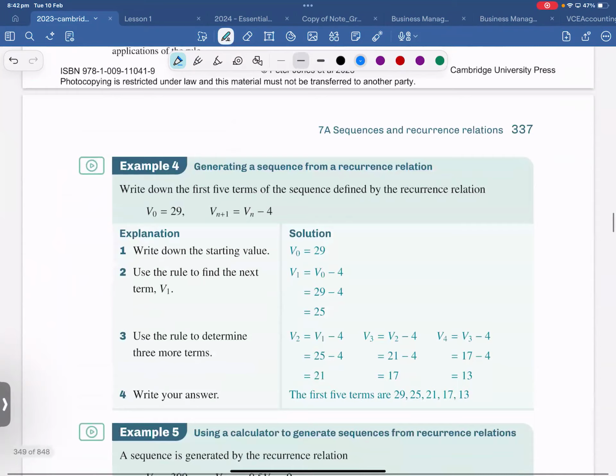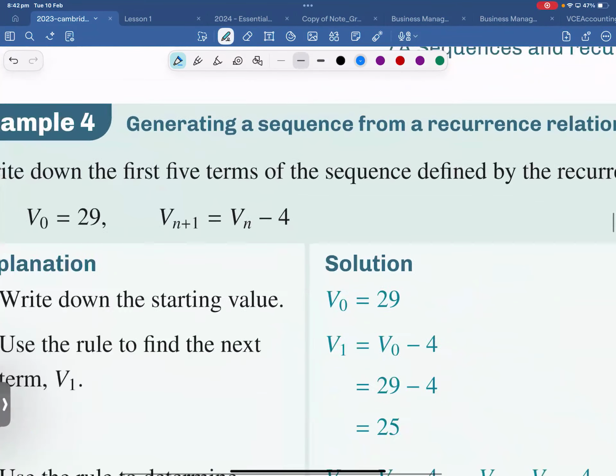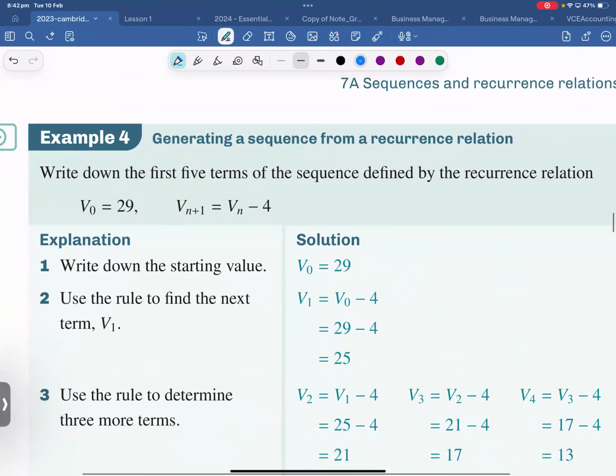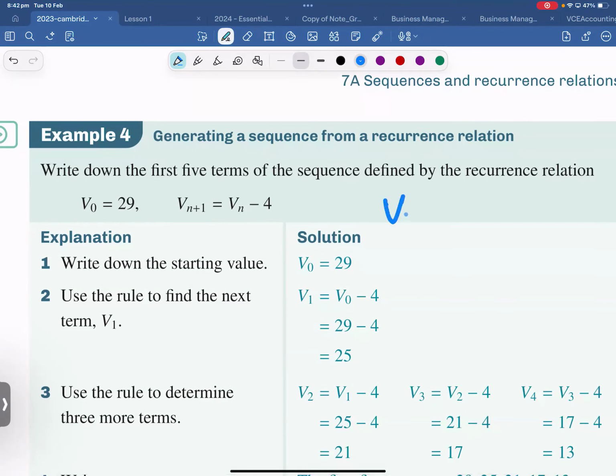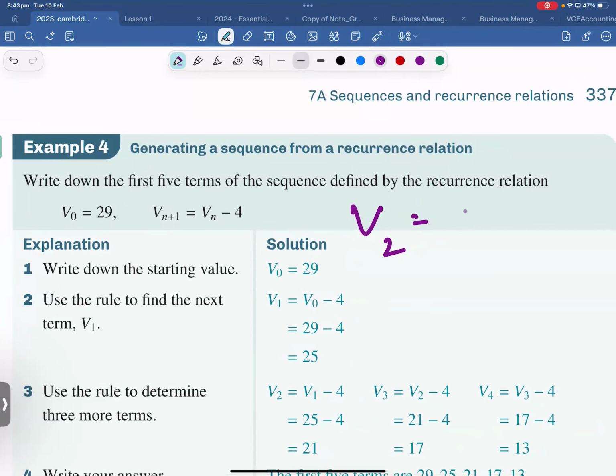Depreciation, linear curve, yeah. Before that, Maha, you have to understand how we write the terms. You are okay with this? V0 is the first term, Vn plus 1, meaning we are writing the recursion relation, right? So always, let's say we are going to find V2, the second one. Then how we are going to do it is